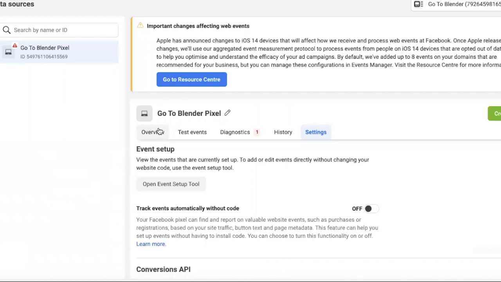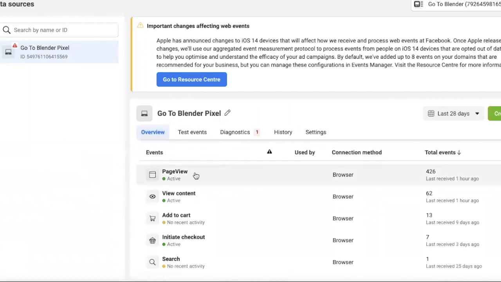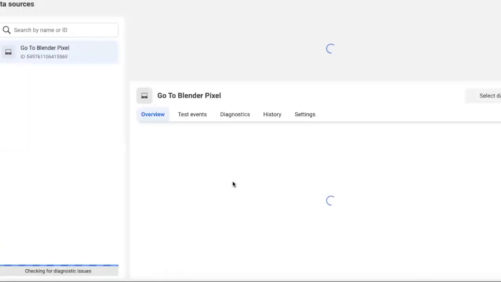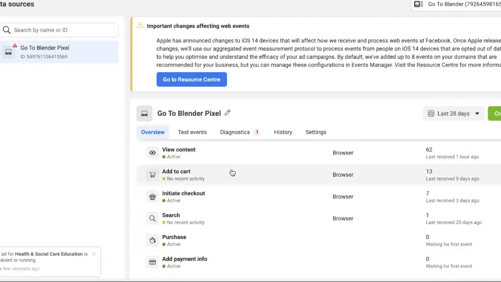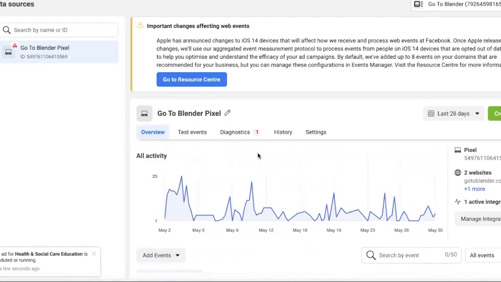And then again, from here, you can see these different events are available. If I just refresh it, all the events that I have created there will start showing here. So here you can see all the events are showing. So in this way, you can track the URLs or even track the button clicks on your website without setting up GTM or Google Analytics, etc.